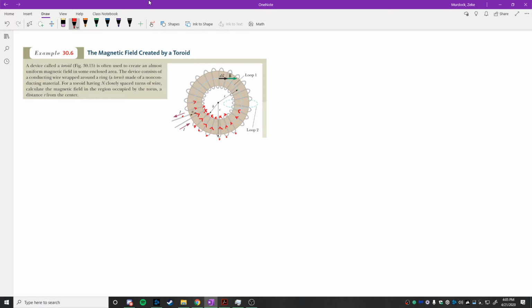So we want to find the magnetic field in the region here, right? And we're going to do that by drawing a loop, which is defined as loop 1 right here, straight through the inside of every one of these rings. And then we want to use Ampere's law. The integral of B dot ds is going to be equal to mu naught multiplied by the current enclosed by our loop. And specifically, we're looking at loop 1 right now,